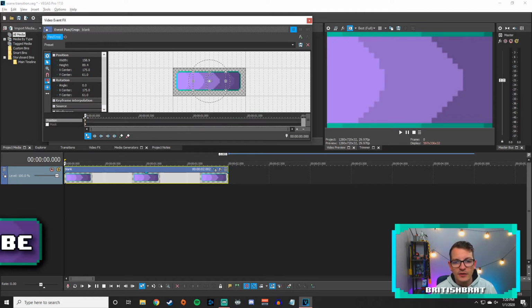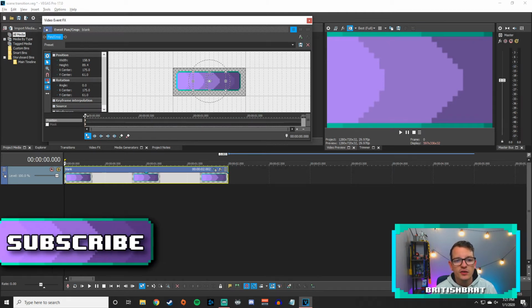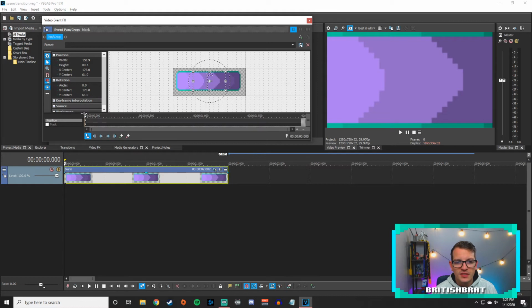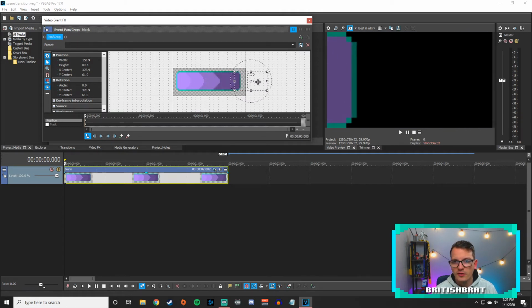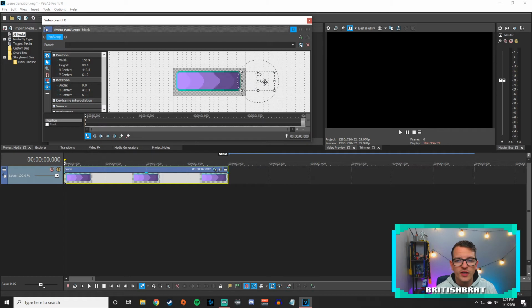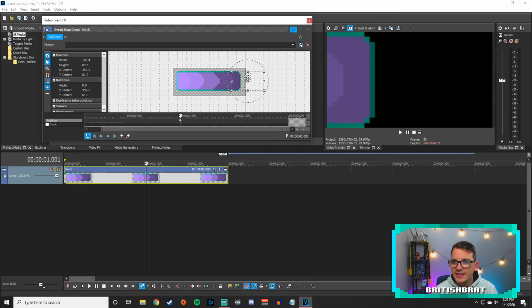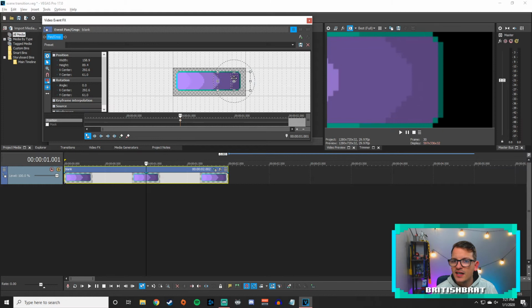What we're going to end up doing now is creating the animation. So you want to make sure you're at the beginning of your keyframes timeline here, and again on your main timeline. And what we're going to do is drag this item all the way to the right, because I want this transition to come in from the left until it is no longer in frame. Then we're going to go to the 1 second mark, which for this is halfway. And we're going to drag this back until the image covers the entire